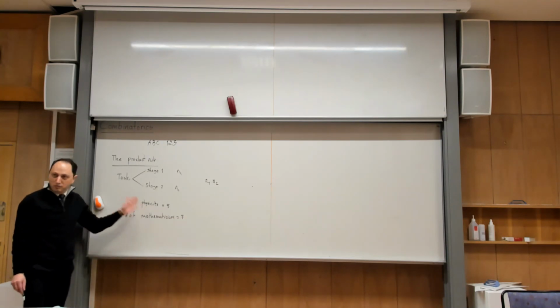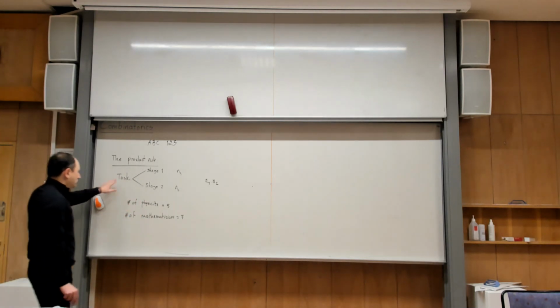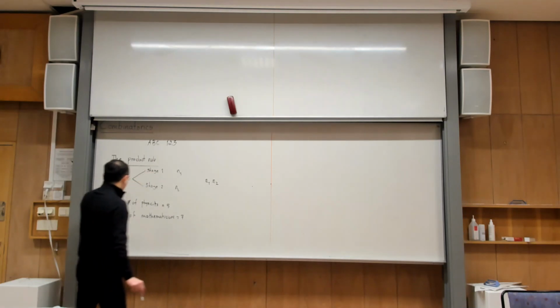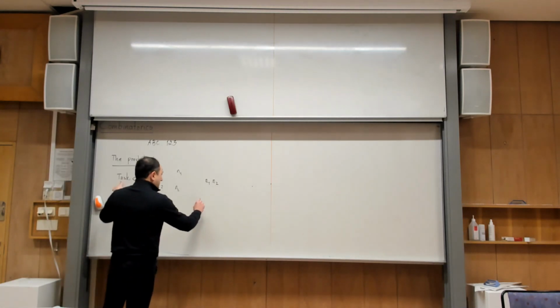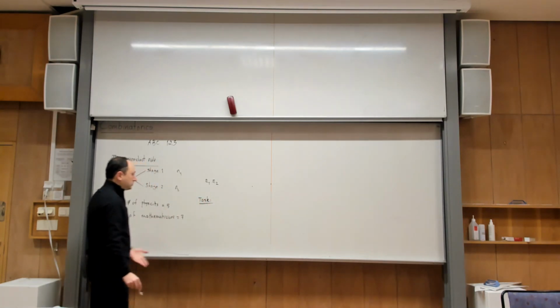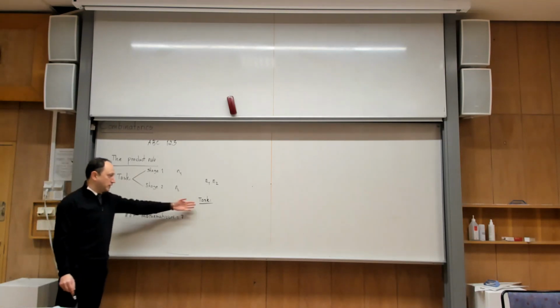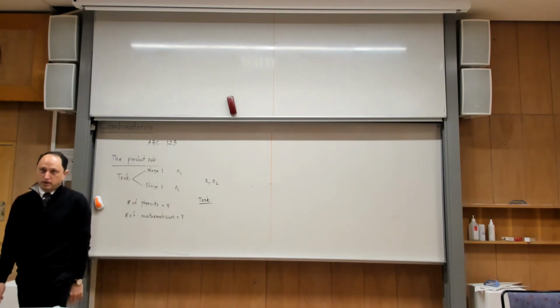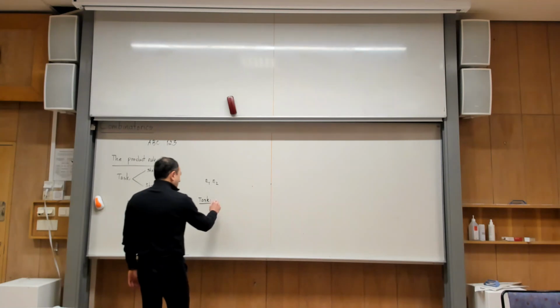It's an extremely simple problem, but I want you to really understand this problem from this point of view. So, I want you to write something for the task. What is the task here? In the exam, I really don't want you to write it down, but if the problem becomes harder, you need to think in this way. You need to define a task for yourself. So what is the task here? We want to set up a team. Yes? Setting up a team